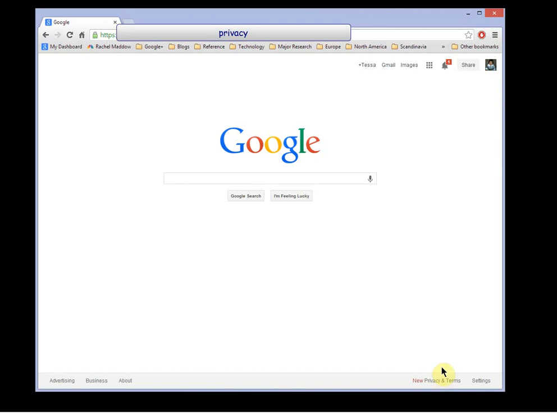So you're going to want to take a look down here, if you haven't been here recently, to the new privacy and terms. This is an area that some people have been discussing. They've been wringing their hands over it. But I would suggest that Google does a very good job of informing you when they're going to change their